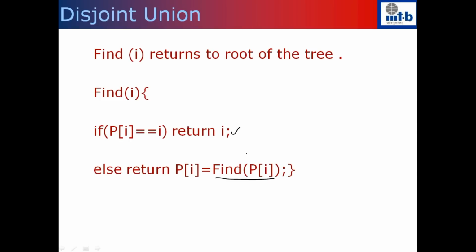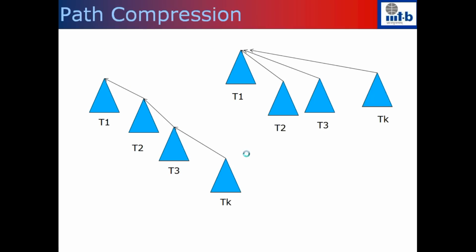So if you do this operation, what we can say is that one find could be costly because the height of the tree is log n, but you're going to cut all this and add it to the root, make it a direct child of 1. So as in the example of the previous ones, now if you want to search for any node in T4, T2, you can traverse from here to here. Once you reach there, you directly have to point to this. So the number of comparisons that you're going to do in future will be much smaller than what you do without path compression. Right, so if you don't do compression from T4, if there is a node here, you have to go all the way around from here.